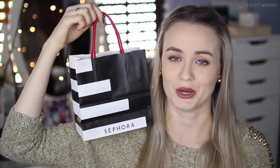Probably the most exciting place that I went to was Sephora! We finally have Sephora here in Australia. Unfortunately, it's just one shop in Sydney, but I know they are branching out throughout Australia eventually. Yes, I managed to go, and despite it being a Tuesday afternoon, it was mega busy in there, which I don't understand. But anyway, I only got 2 things from Sephora because I'm trying to be very careful with what